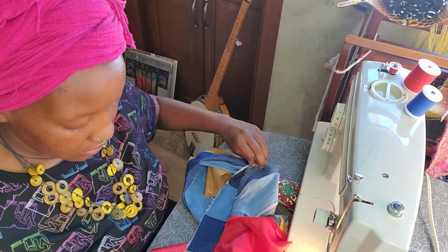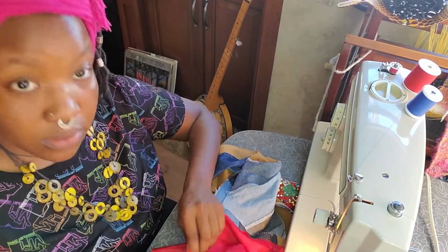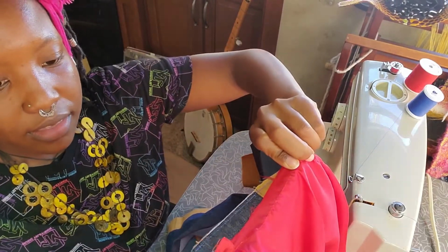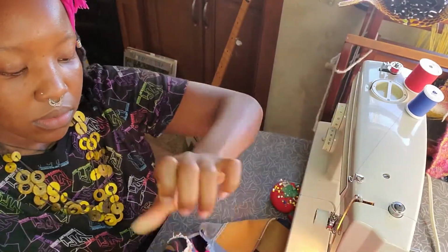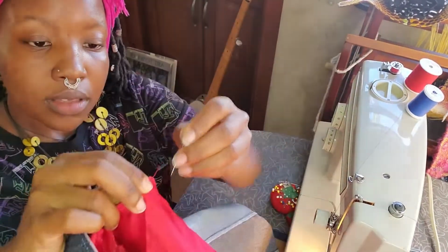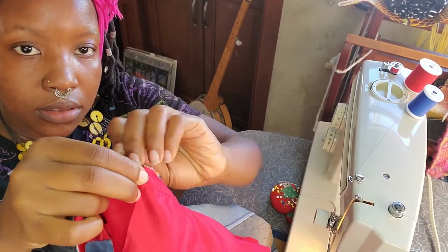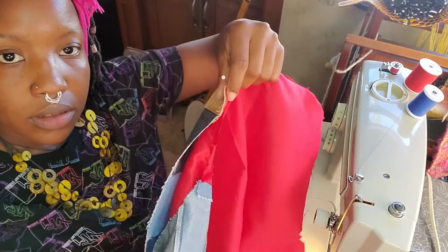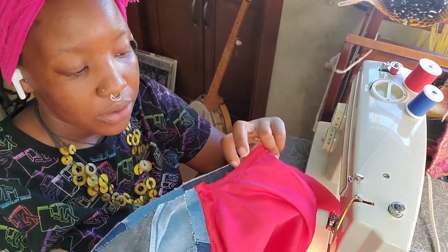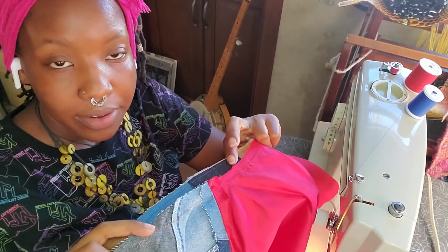Find the middle. It should be here. Here's the crease from that. So, see, that looks like the middle. I'm going to pin here and continue. And if I need easement, I'm going to go ahead and clip where I need it to make